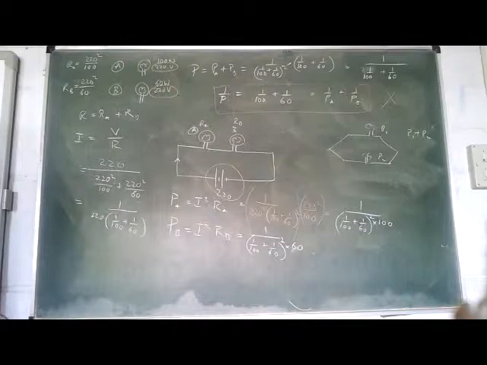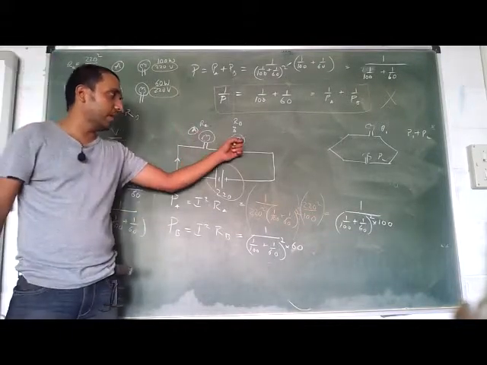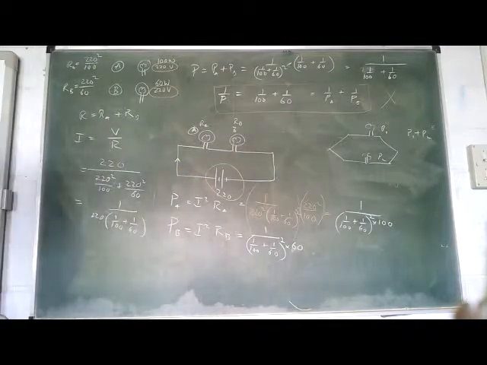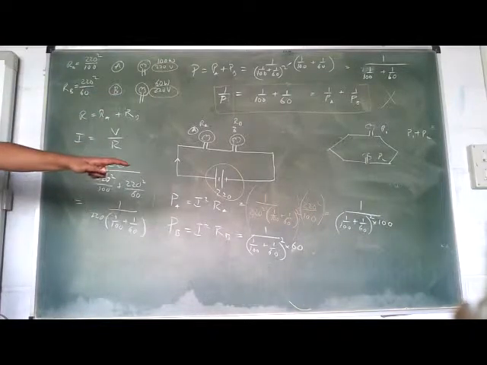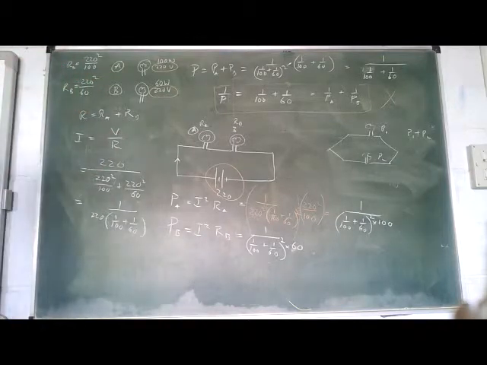Getting the point? If the bulbs were of the same rating and they were applied across a battery of the same rating, then only the formula 1 by P equals 1 by P1 plus 1 by P2 works. Otherwise, if all three things don't match, you will have to calculate the resistance. This looks very big because I have not cancelled anything out anywhere, just to show you that the formula is 1 by P1 plus 1 by P2.